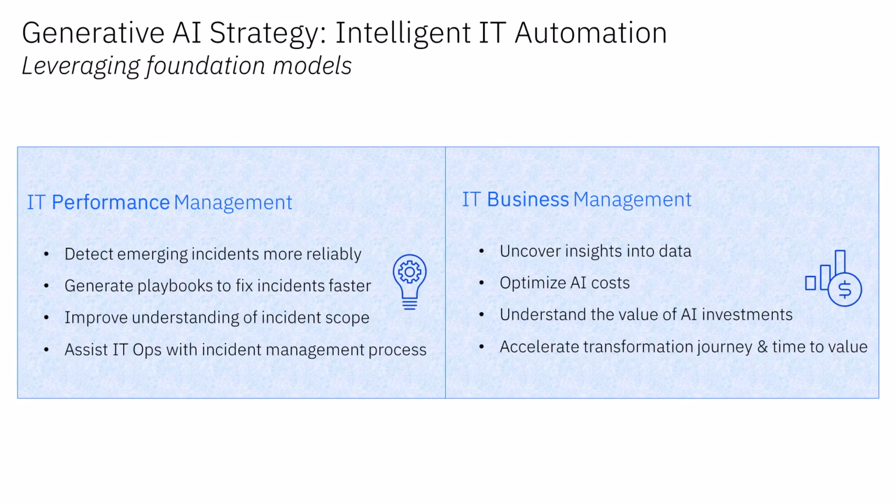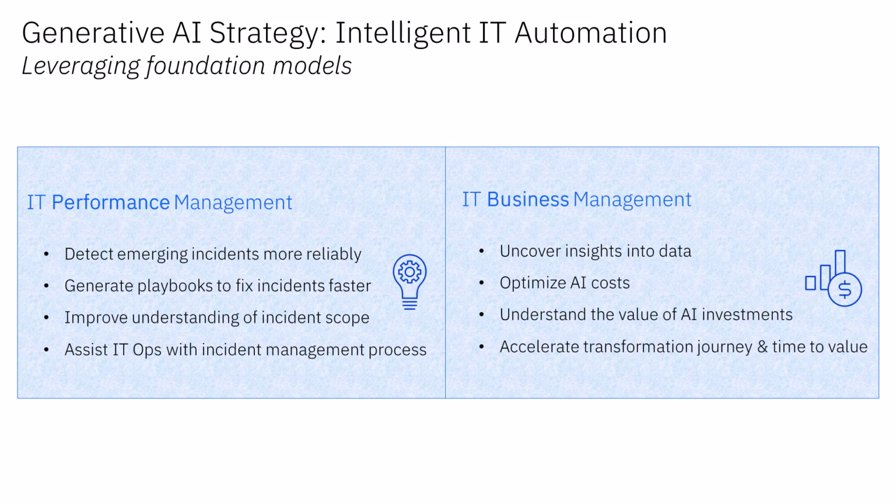Let's look a little bit into the future. So IBM's generative AI strategy is to use foundation models to enhance the areas of IT performance management and IT business management. IBM's strategy is for generative AI to enhance IT performance management tools that help our clients reliably detect emerging incidents and highlight IT operational issues with a high degree of confidence. Clients can generate playbooks for quicker incident resolution, and these technologies help expedite incident resolution by generating remediations that can